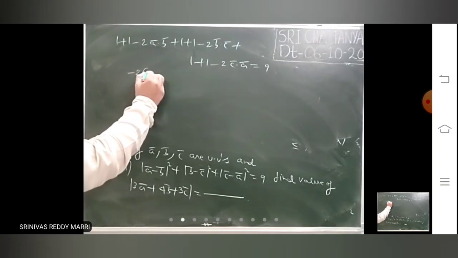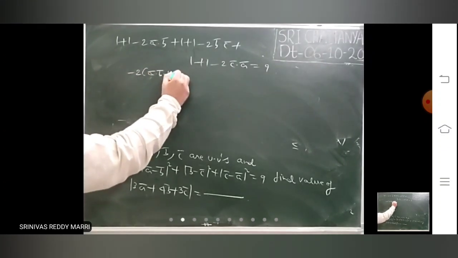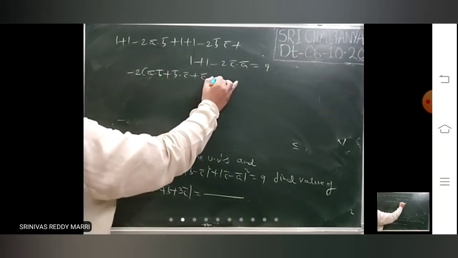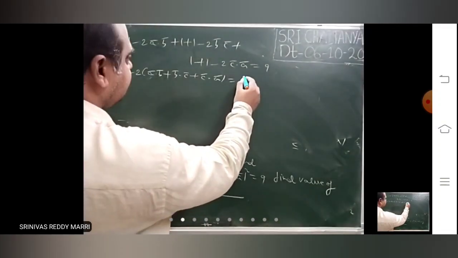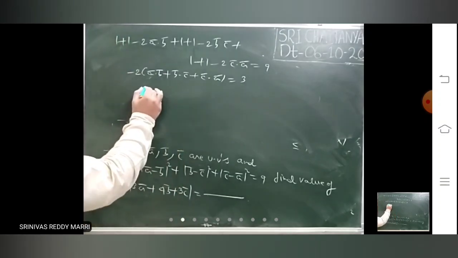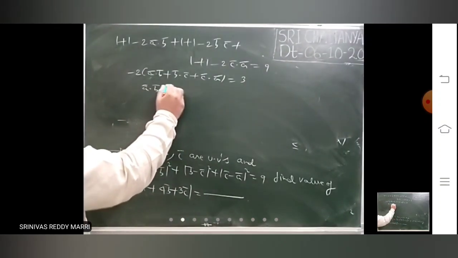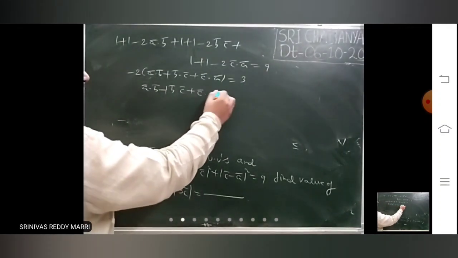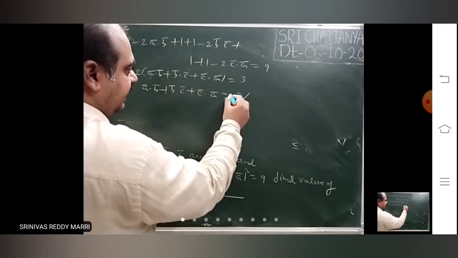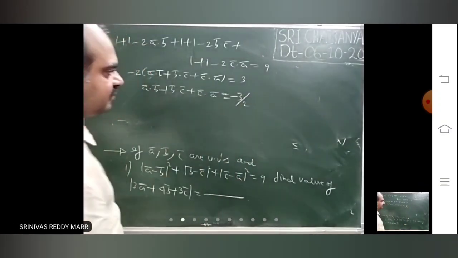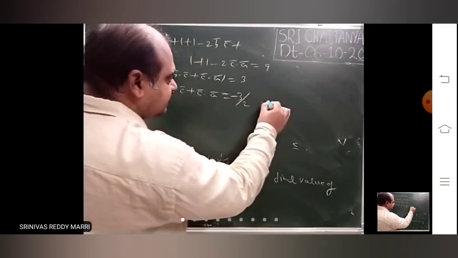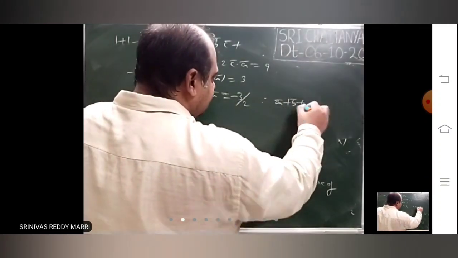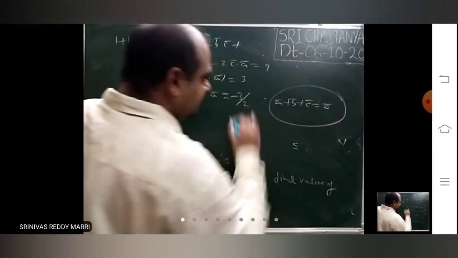That means minus 2 into a dot b plus b dot c plus c dot a equal to 9 minus 6, 3. From the given information, you got a dot b plus b dot c plus c dot a equal to minus 3 by 2, and these are unit vectors. Therefore, we can conclude that